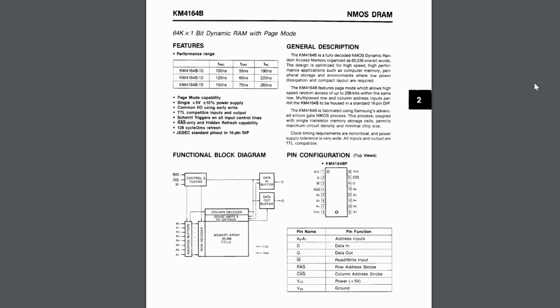Now the way this works is that on the original IBM PC there were a couple of different memory configurations. On the earlier motherboards they used lots of 4116 chips, which are 16 kilobits, and on the later boards they used these 4164 chips, which are 64 kilobits. Now the smaller chips had fewer rows, just 128 instead of 256. You can see on these later chips they had 8 address pins, and so what you'd do is you put the row address in first, so you had 256 different rows you could access, and then you'd put the column address in, and there'd be 256 of those, and that would give you access to